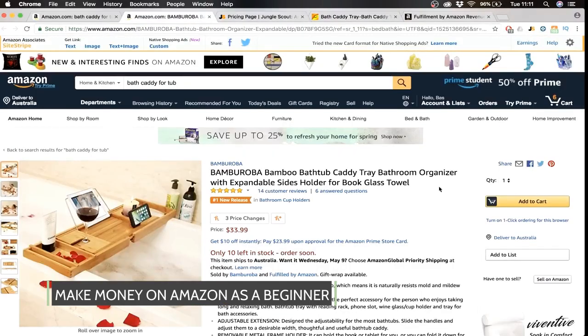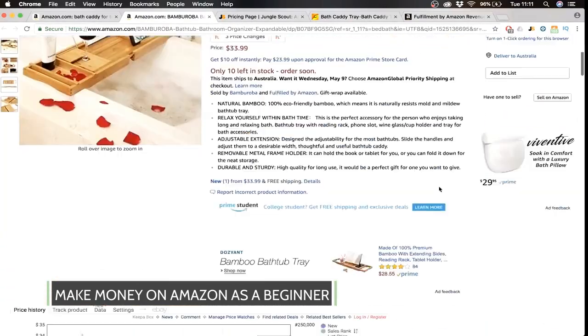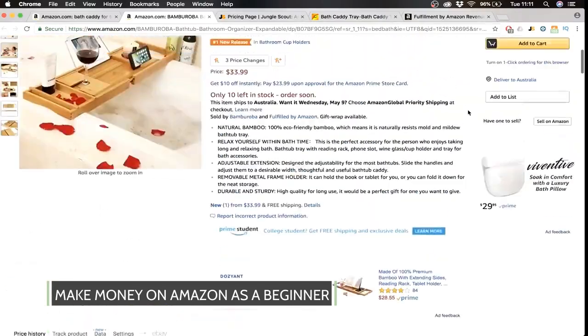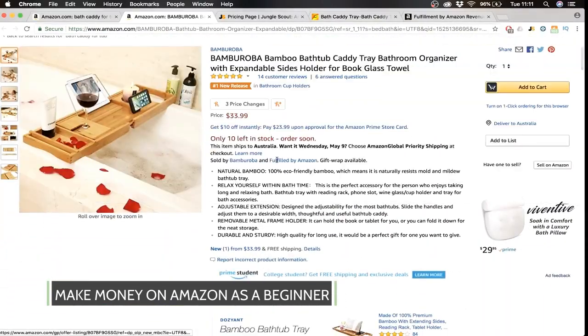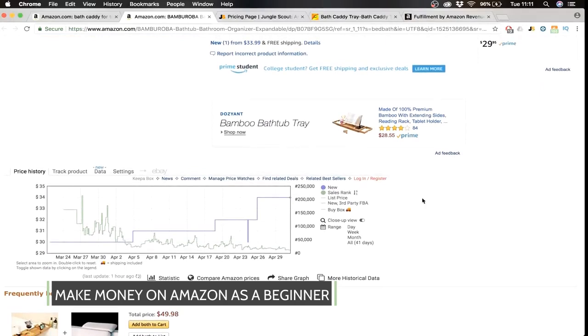The competition isn't really high, so if you guys want to dig into this product, you can be my guest, do it. And another thing here, if you open this page of someone, you actually have another extension, and it's called Keepa. It's free. And what Keepa does, if you install that, below every listing you'll find this, and it's actually really useful because